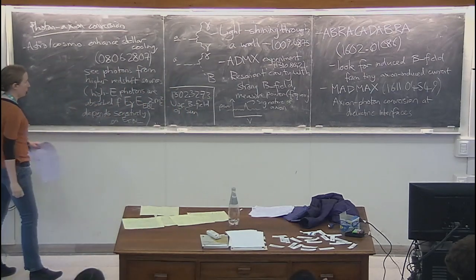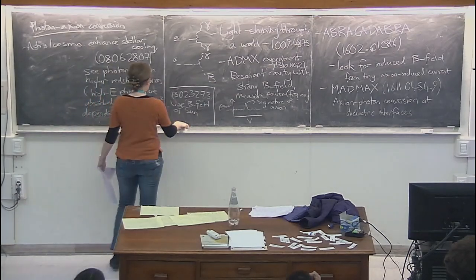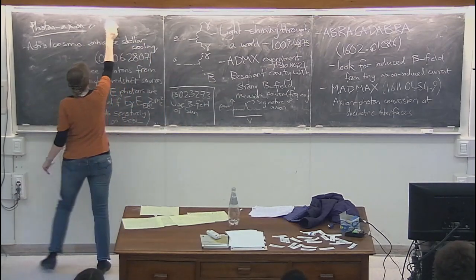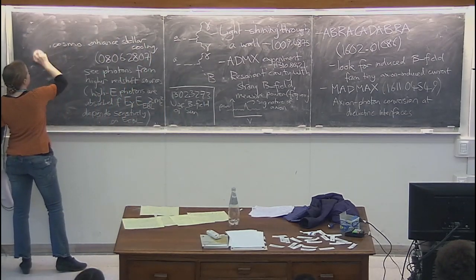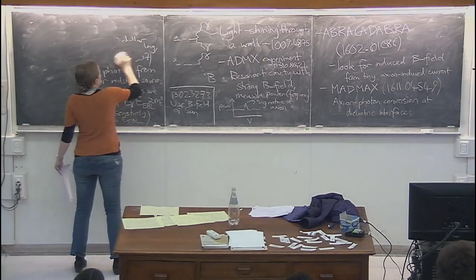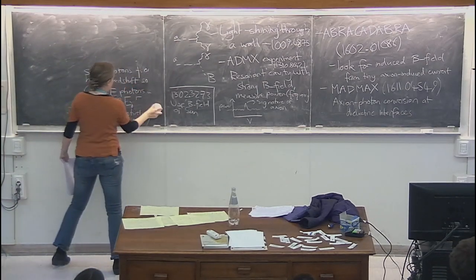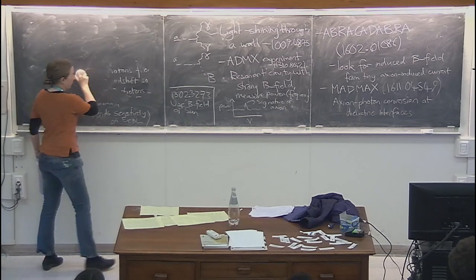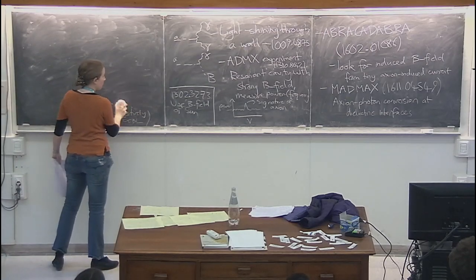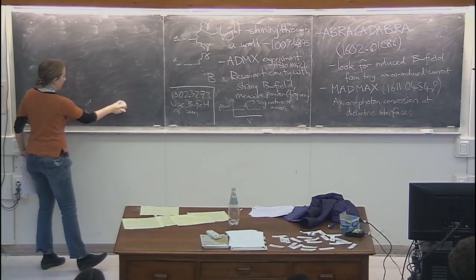I'm not going to go through how these experiments work in detail because we just don't have time this week, and these papers will explain it better than I could anyway. But where do we stand at the end of all this? What do the current limits look like?